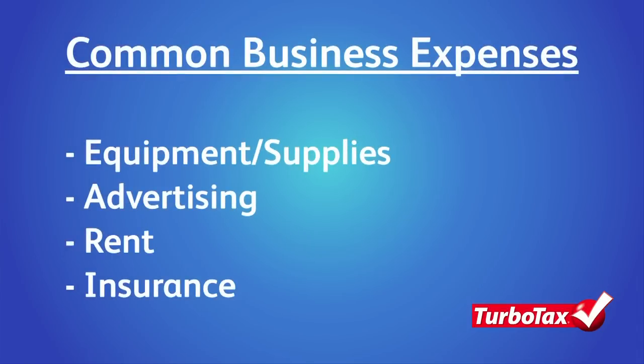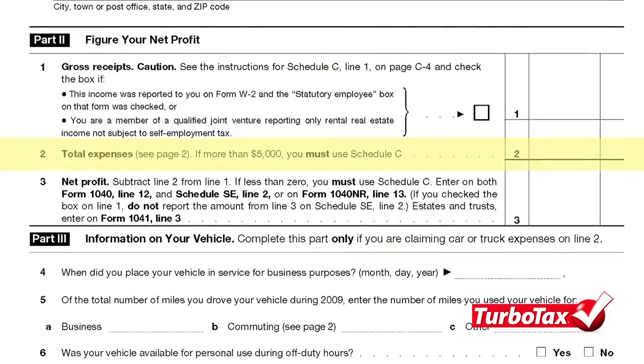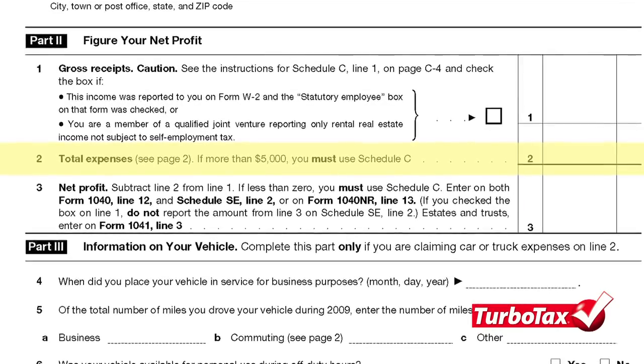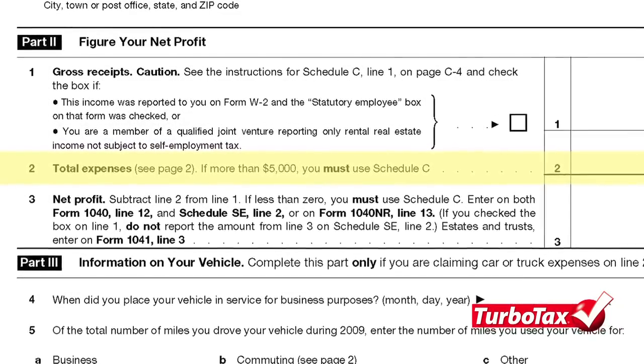When preparing a Schedule C, you must report your business expenses in the appropriate categories listed on the form, such as advertising and insurance and rent expenses, to name just a few. The Schedule CEZ, however, is simpler to prepare, since it allows you to report business expenses on one line instead of having to account for them by category. But in order to use the Schedule CEZ, you must satisfy a number of requirements first. If you fail to satisfy even one, you must use the full Schedule C.